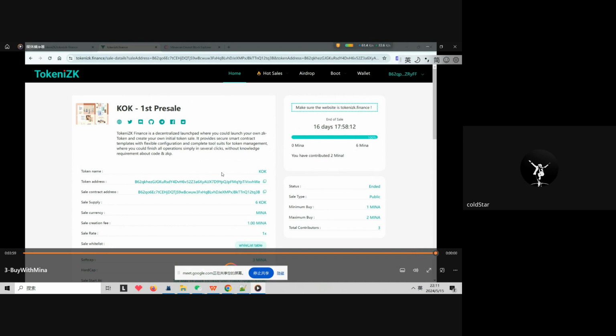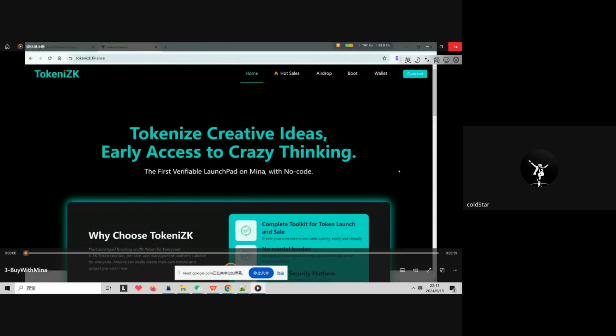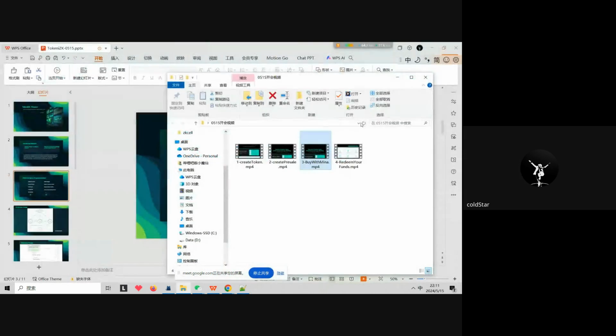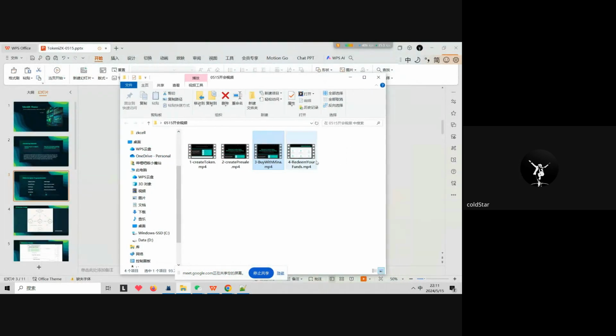Okay, these are the steps for sale contribution. And then let's go on to the next step. After we contribute, we could claim the token. But there is